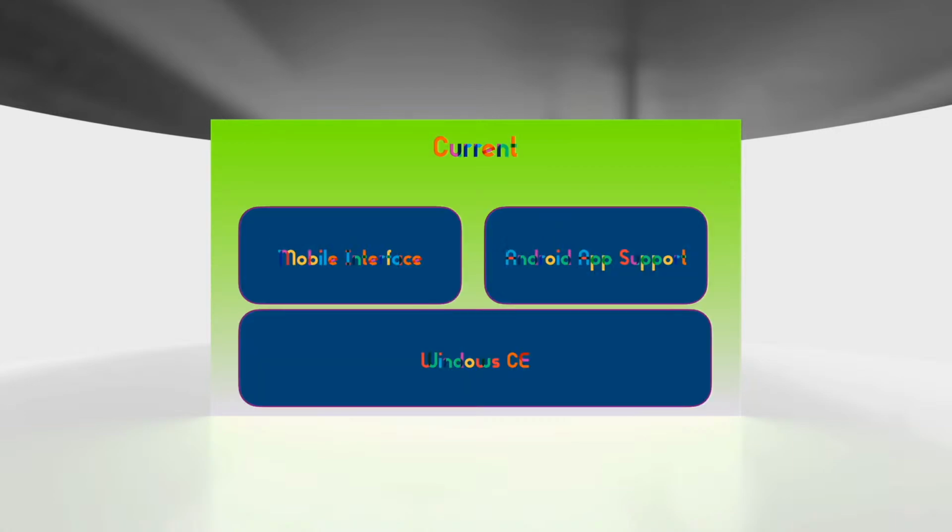But the big update with Windows CE 22 Mobile is the core. The current core for Windows CE 22 or Windows CE Mobile is this, where it's based on Windows CE and it has a mobile interface and it has Android app support as well. Now, while this is a decent strategy, it's definitely not the best, especially considering that Windows CE 22 Mobile based on Windows CE is just not really the best idea when it comes to apps, but we found the solution, which is the new